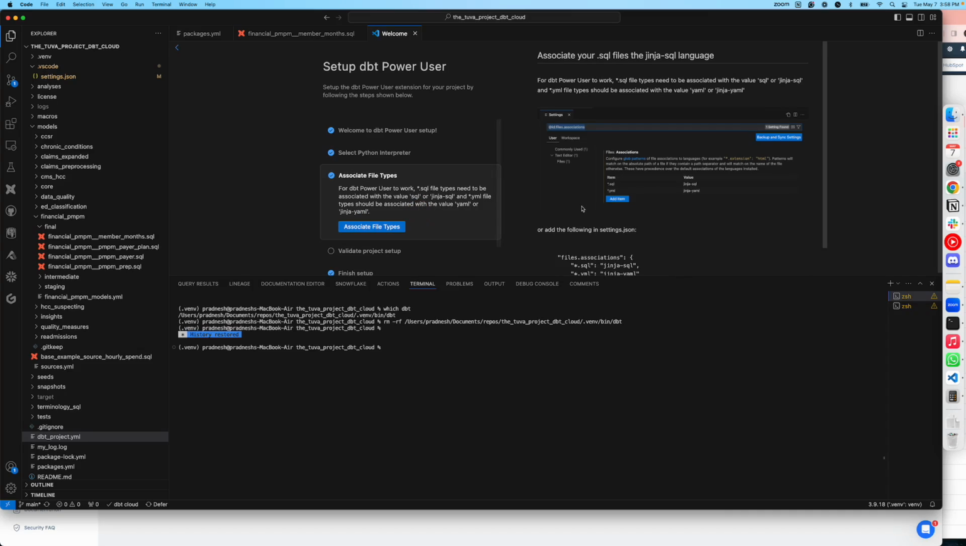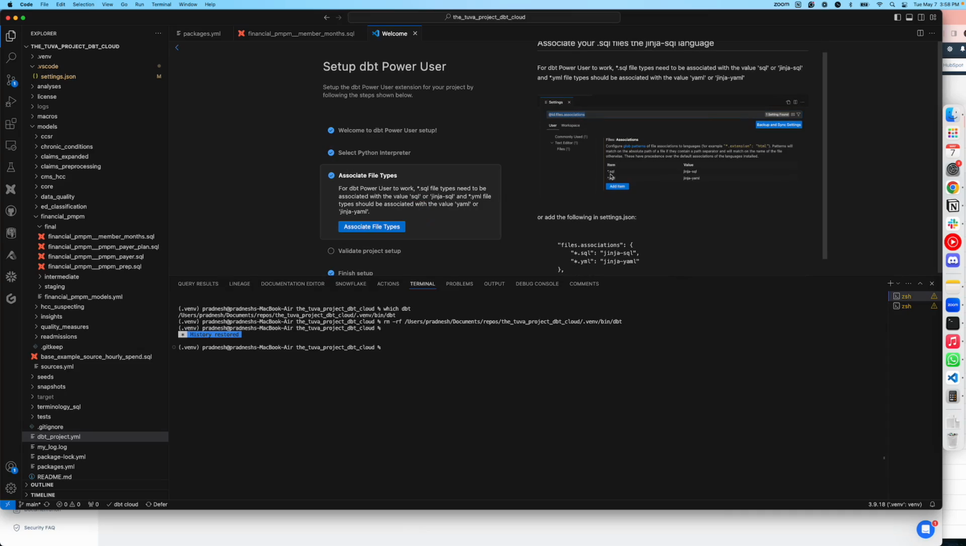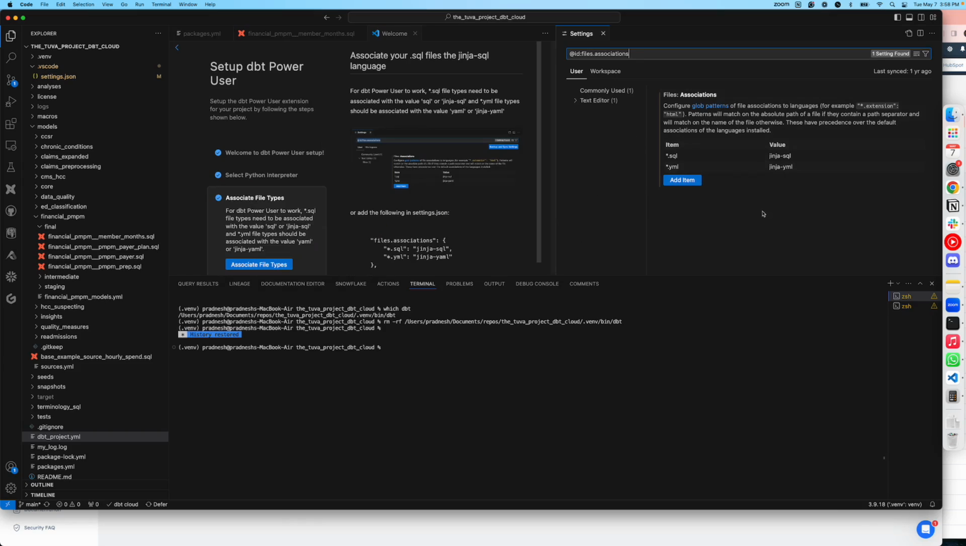So for the extension to work correctly, you need to associate any .sql files to Jinja SQL or any .yaml files to Jinja YAML. So for that, click on associate file types. As you can see, I have those values configured already, but in your VS Code, if that's not configured, just click on add item,